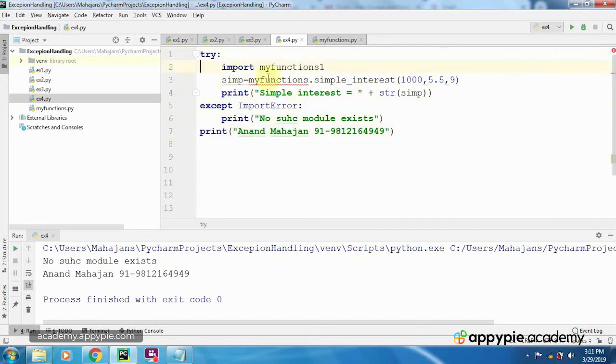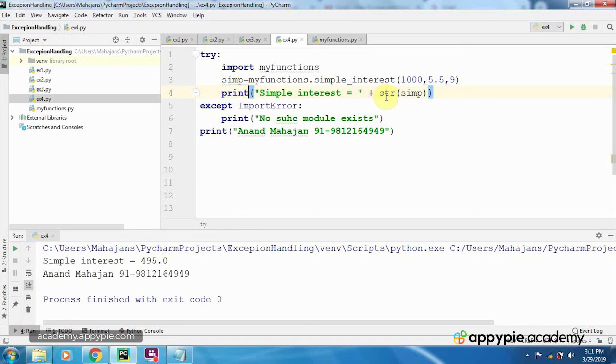So now let me rectify this. I would write import myfunctions, and now there won't be any exception raised because I have imported the correct module, which is myfunctions, and I have called it with the correct name, myfunctions.simple_interest. So there is no problem, and the program has been executed successfully.